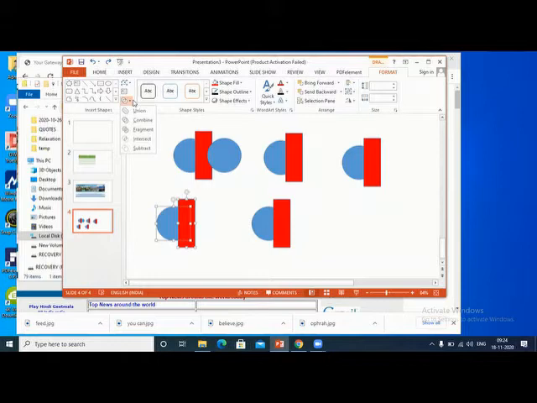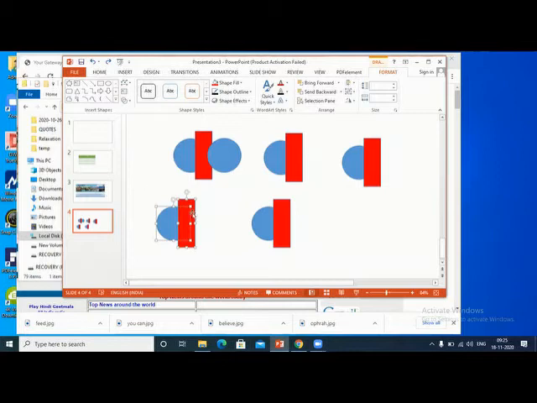So there are 5 combinations of merging, can you write them down? Union means joins together. Combine means it removes the common area. Fragment removes the common area and keeps the common area there, then you can remove it later. Intersect means the common area will be left. And subtract is subtracting the second object from the first one. So whichever you select first will be treated as the main, and the second one you select is treated as the subtracting object. So this is merge.